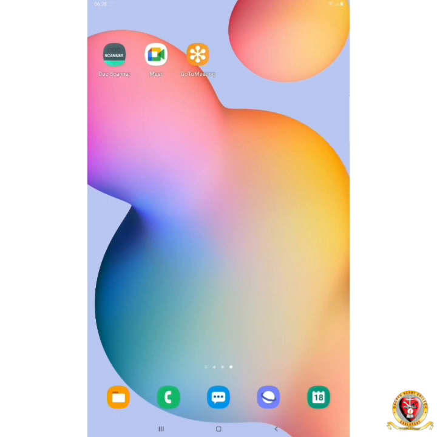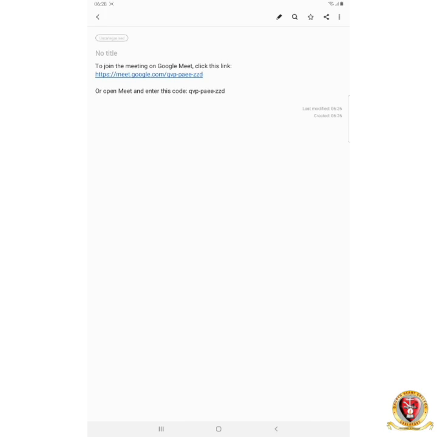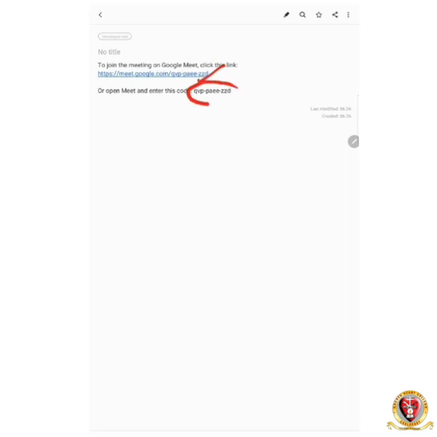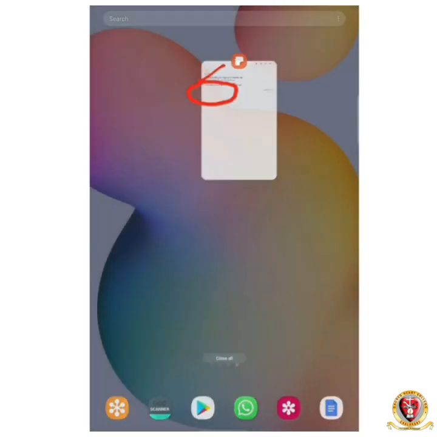To join Google Meet, the teacher will give you a code. Here I have created a meeting link. So you can use either this link or you can use this code. This is a 10-letter code. So you can type this 10-letter code in the Google Meet, or you can directly click this link to join the Google Meet. So for that, first we need to